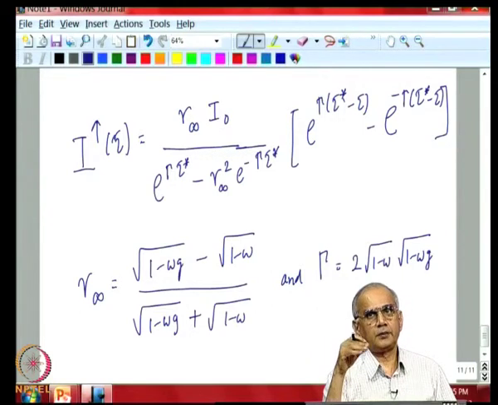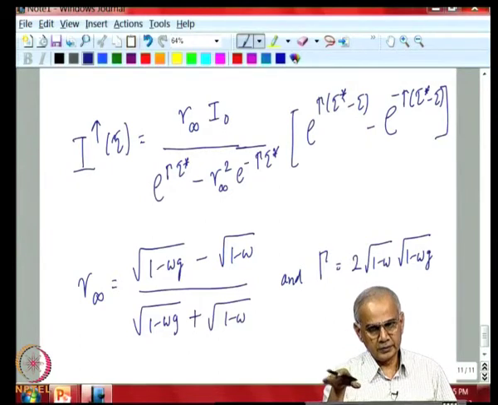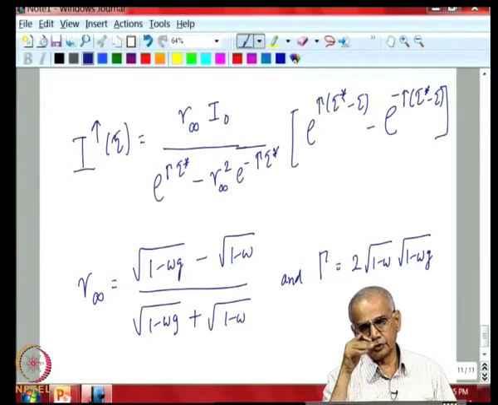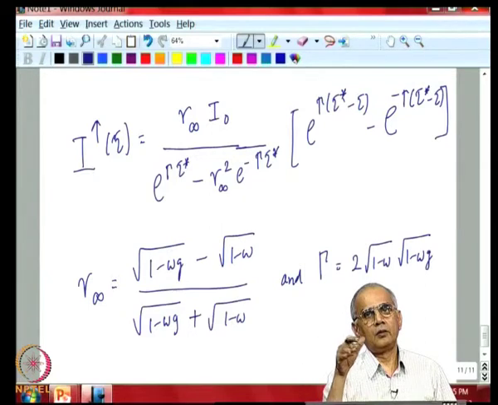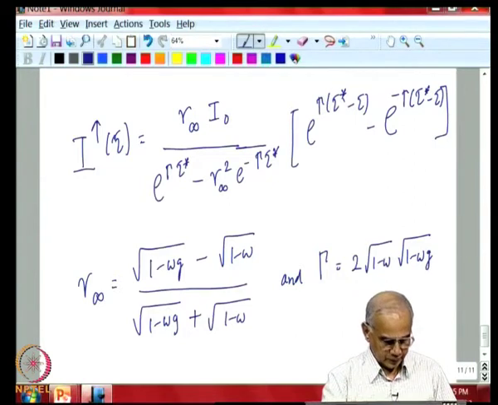And G, the asymmetry parameter, tells you something about the direction in which the scattering occurs. If the scattering occurs equally in all directions, then G is 0, and we have isotropic scattering, which we had dealt with earlier. On the other hand, if the scattering is predominantly in the forward direction, then G tends to +1, while if scattering is predominantly in the backward direction, G tends to -1. And so, this is the main